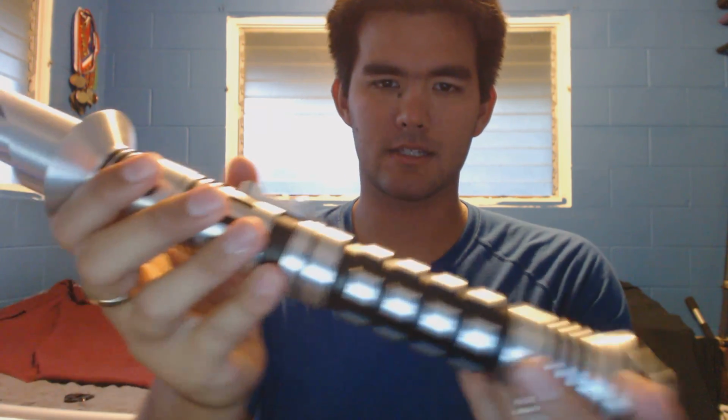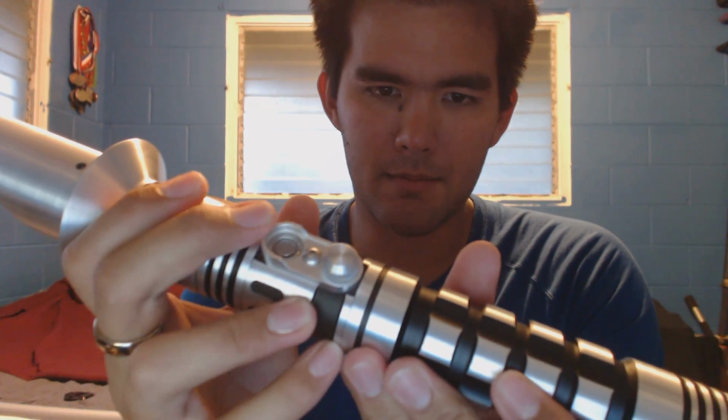The trick is getting it to the exact point where you want it, and it may be a big hassle to somebody, but it's not so much to me, because I like tinkering with things. So that's the only real downside to this, as far as I can see. There is one other minor annoyance. It's this shield